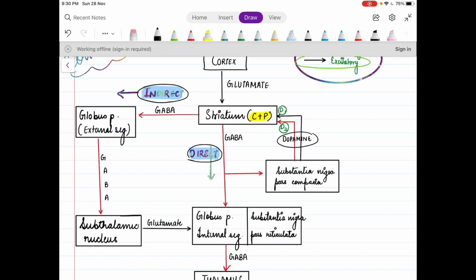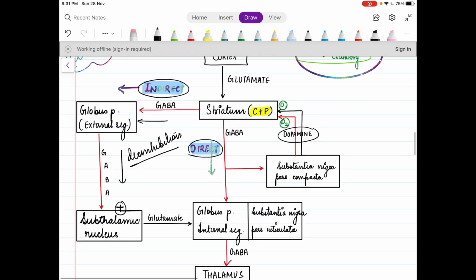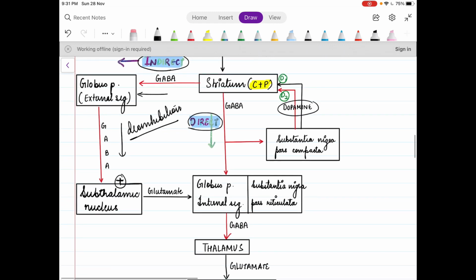The striatum, having 95% GABAergic neurons, releases GABA, which acts on the external segment of the globus pallidus in the indirect pathway. Globus pallidus then again releases GABA, which acts on the subthalamic nucleus. Whenever there are two GABA responses in series, it produces a phenomenon known as disinhibition, which ultimately leads to the stimulation of the next nucleus. That is the stimulation of the subthalamic nucleus. The subthalamic nucleus is the only excitatory